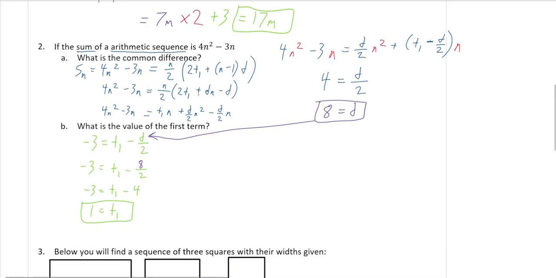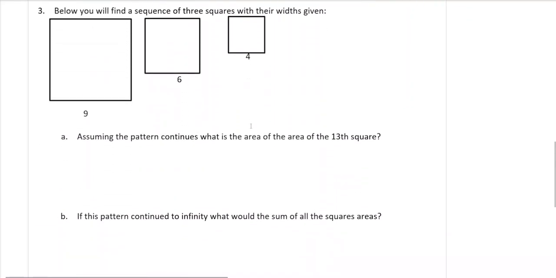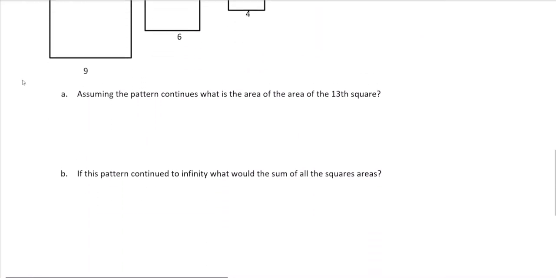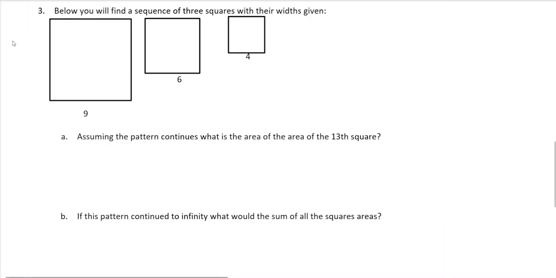All right, so it's just a bunch of algebra, but this is something interesting to notice here, because that n squared needs to work for any value of n there. Okay, so here's another interesting question. This is our last one for the video. Below, you will find a sequence of 3 squares with their widths given. Assuming the pattern continues, what is the area